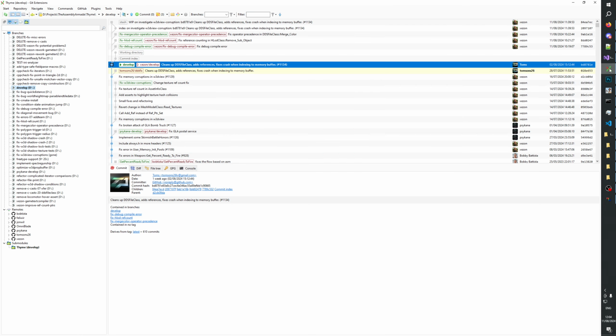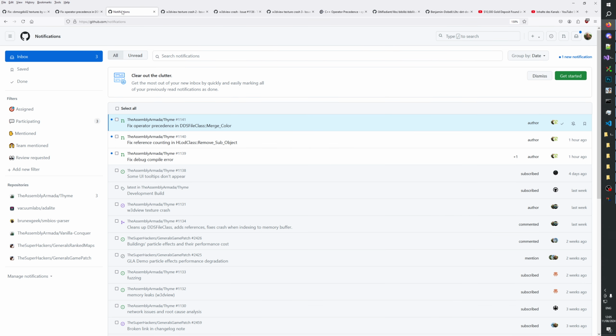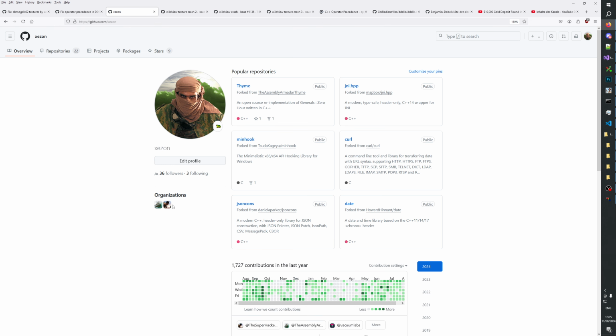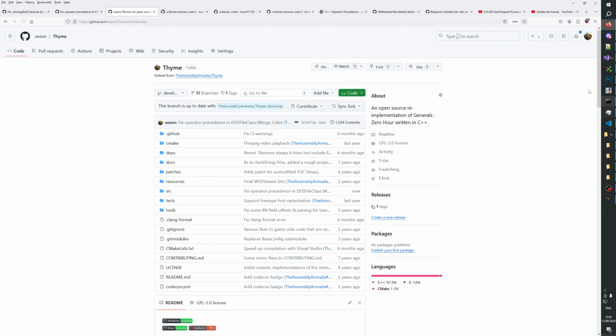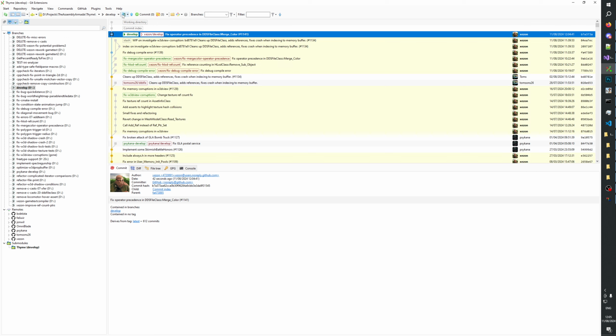Okay, and then we go to, oh boy. We need to go to here. Sync updates. Yep. Okay. Now pull latest. Yep. Okay. Now stash pop. Okay. And now we can